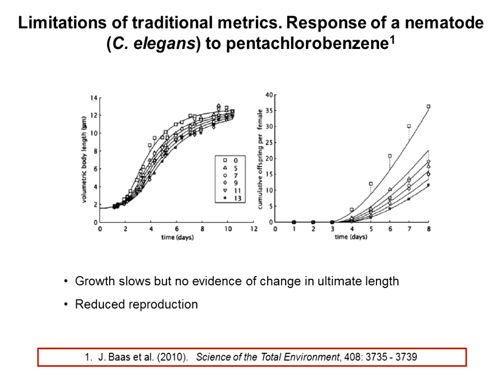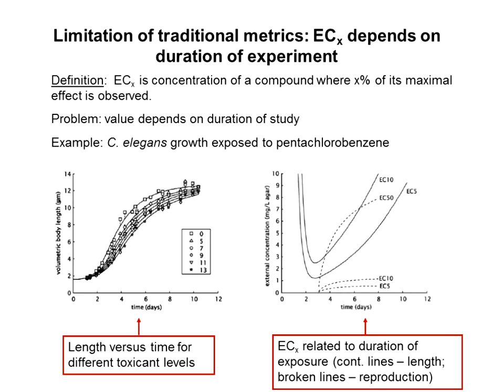These are pictures of growth on the left panel and reproduction on the right panel of C. elegans exposed to one particular contaminant. And now suppose you want to calculate an EC50. Well, from the left-hand panel you would ask, how much change in length do I get at some time? Or from the right-hand panel, how much change in reproduction? And when I look at the next slide, I've carried over again the